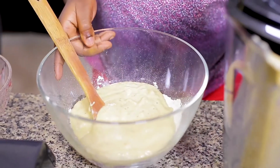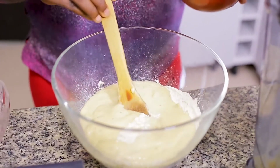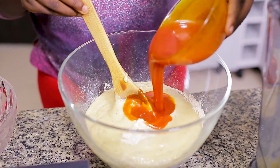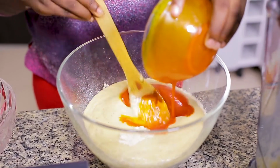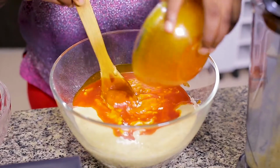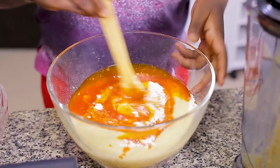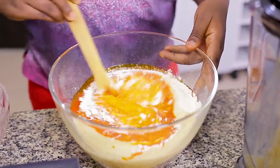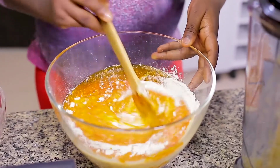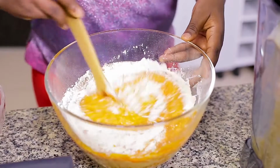Now I'm going to take my oil. So you'll be needing a lot of palm oil when you're making this. It's the oil that, like I said, mixes everything, and you have to add enough oil to make the plantain pudding vibrant and delicious. So I'm going to turn this. So you have enough oil in the bowl when